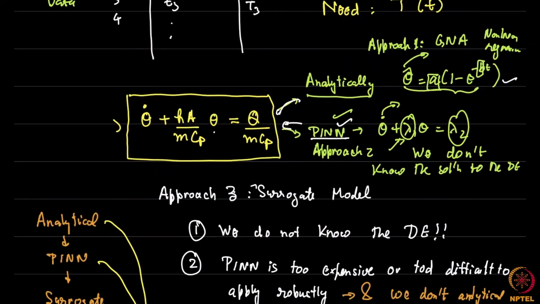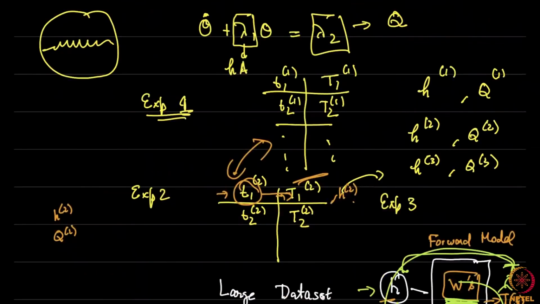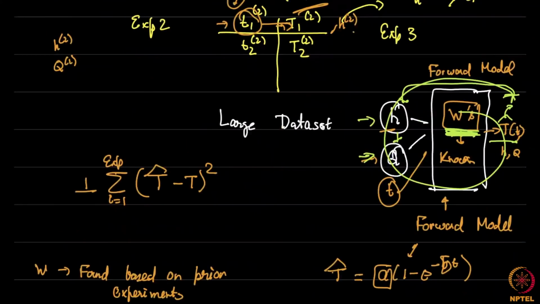So the neural network has a whole bunch of parameters W. Those W as well as lambda 1 and lambda 2 are solved simultaneously while solving the inverse problem. Finally, when it comes to the surrogate model, you first solve for W separately based on past data, and then the new parameters, let's call them lambda 1, lambda 2, or H and Q, or A and B, whatever we want to call them, are solved during the inverse problem's solution,